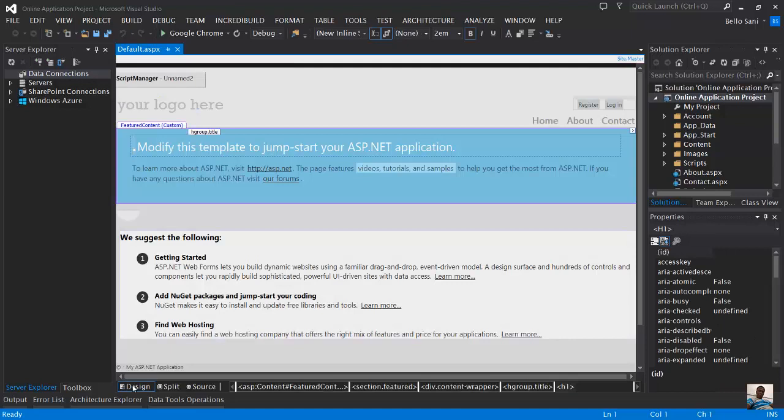And then once it's done loading, you can see all the parts of the page. You will see it's already a well formatted page, which you can simply just change up some of the text